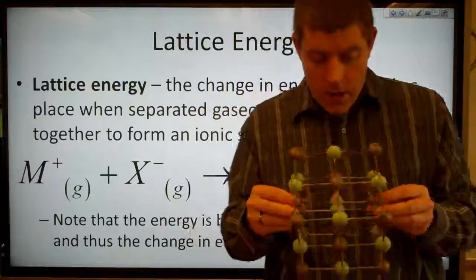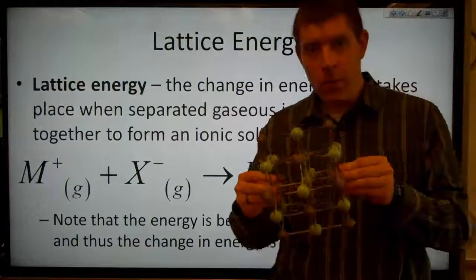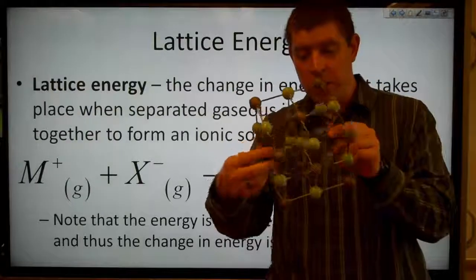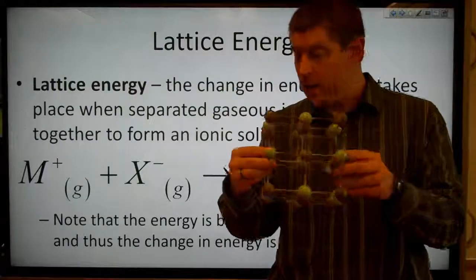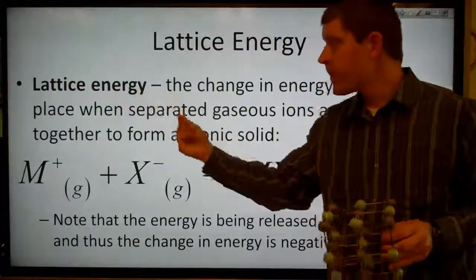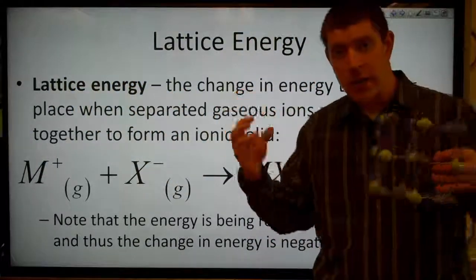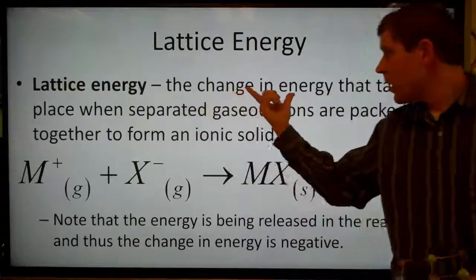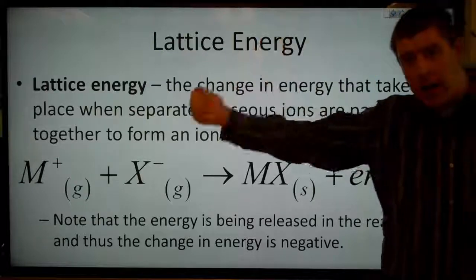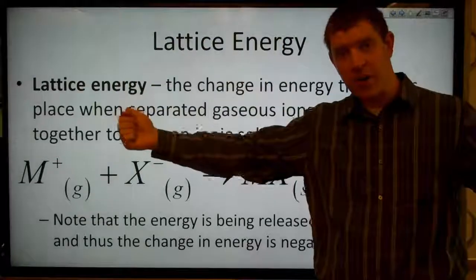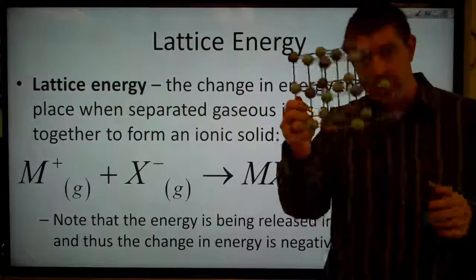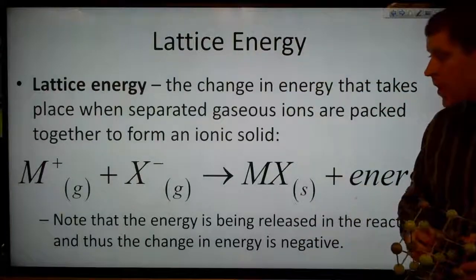And so we're not forming molecules, we're forming a lattice. It's sort of a grid structure, but it's a three-dimensional grid. And so we're forming this lattice, and we get some amount of energy out when we allow these ions to come together. So the change in energy that takes place when separated gaseous ions, separated infinitely far apart, are packed together to form an ionic solid that looks something like this, we get some amount